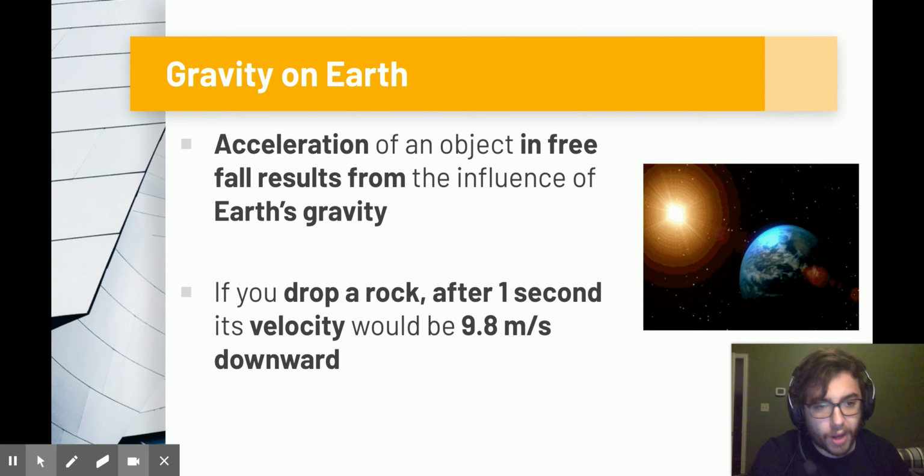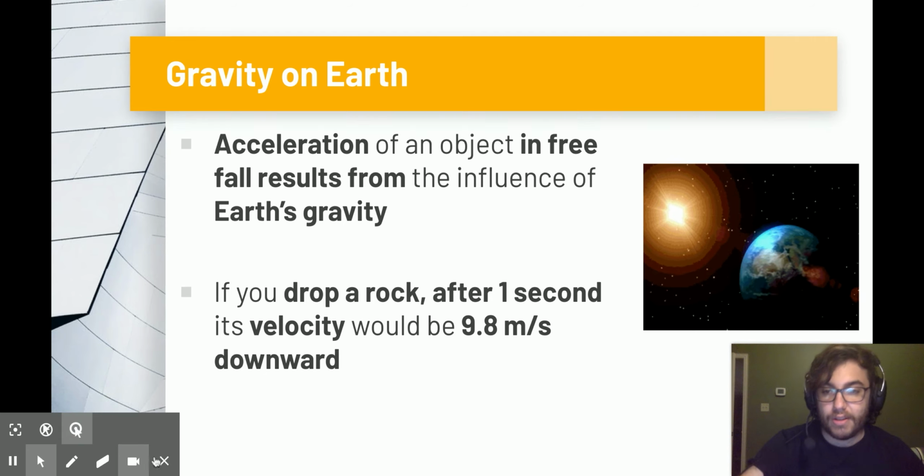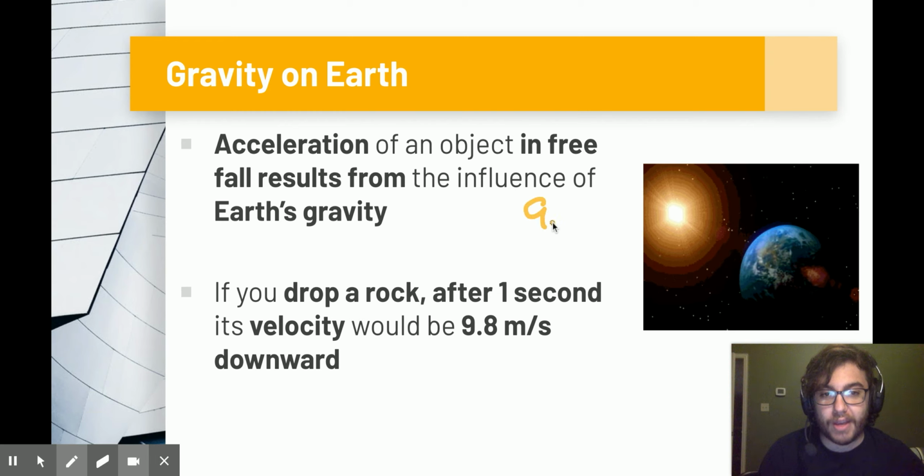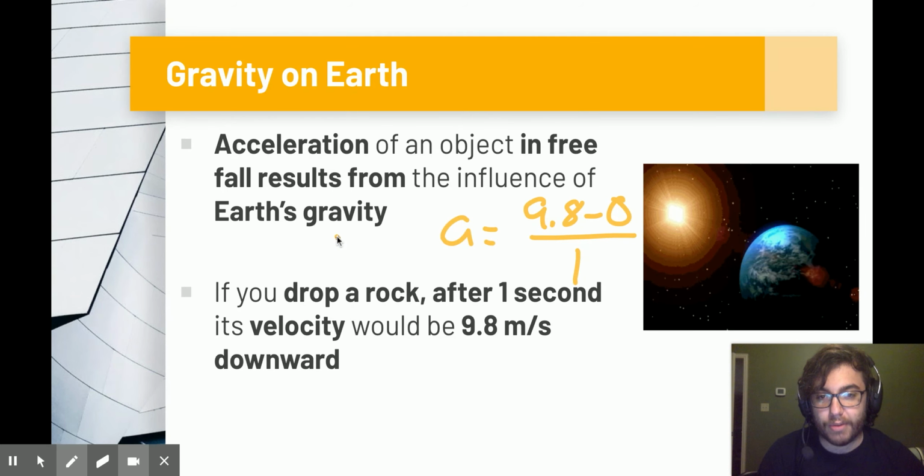So if you drop a rock, after 1 second the velocity will be 9.8 meters per second. And if you do the math real quick, you can even see this. So 9.8 would be our final velocity minus 0, divided by 1. This is that classic formula of VF minus VI divided by T. And that gives us an answer of